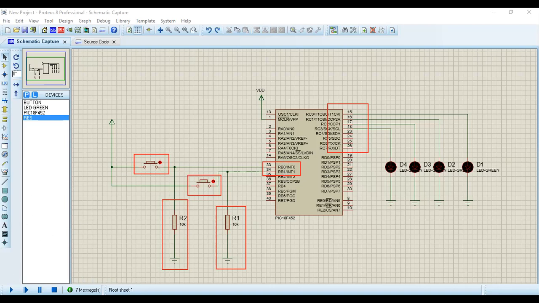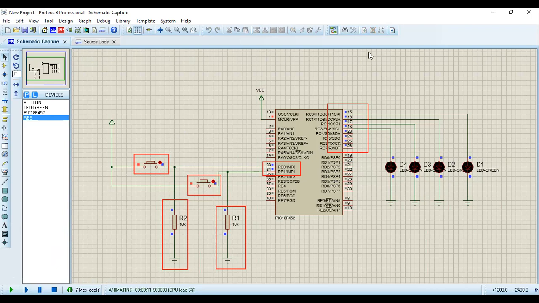So I'm going to start this simulation. Now this simulation is running. You see all these LEDs are off, which means currently there is no value in the output port. So currently no person is present over here.